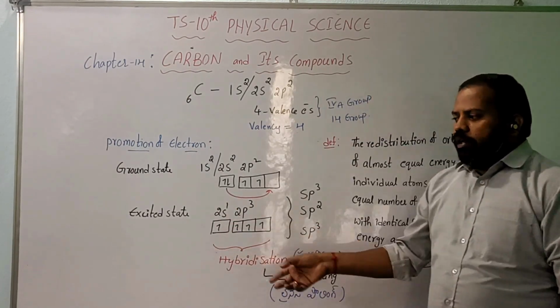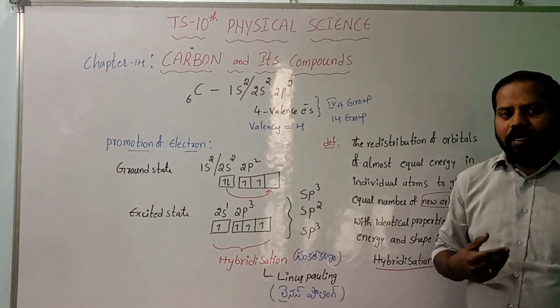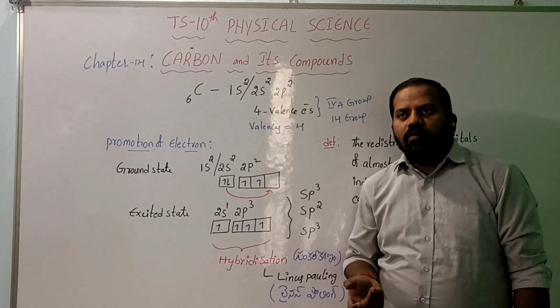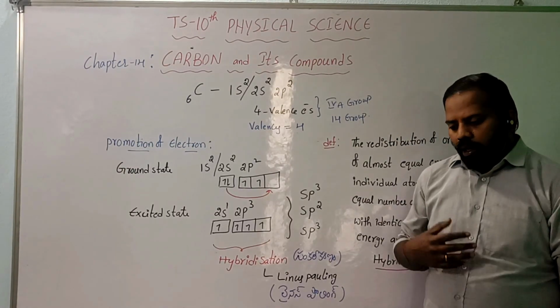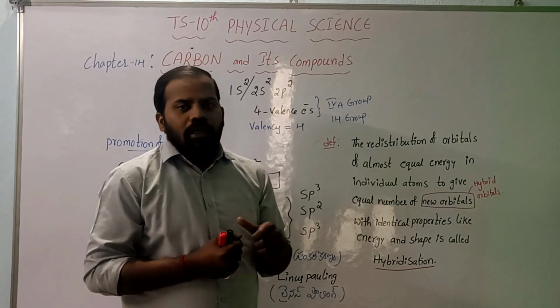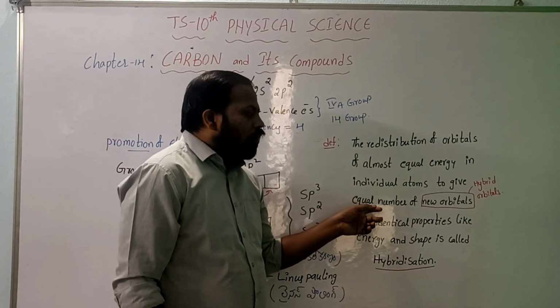In this, it will show hybridization. The atomic orbitals involved can form hybrid orbitals with an equal amount of energy and shape. Actually, orbitals with nearly equal energy can be involved, redistribute and reshuffle, and they can form an equal number of